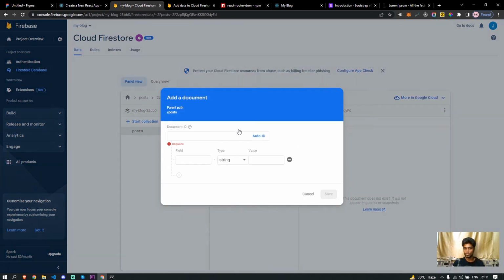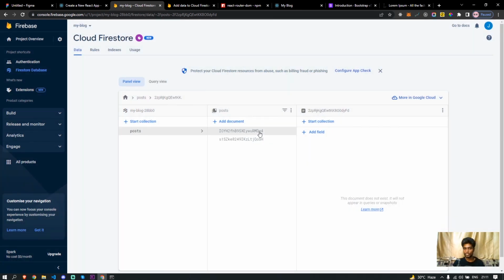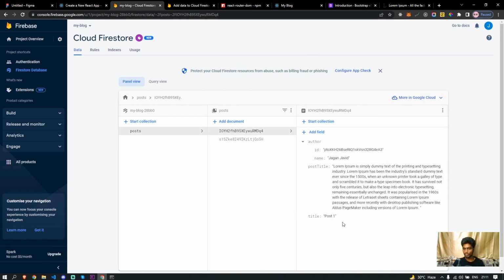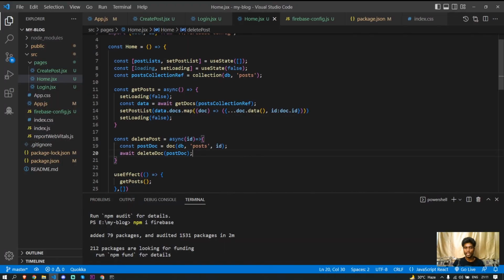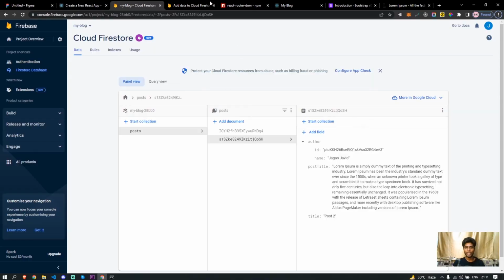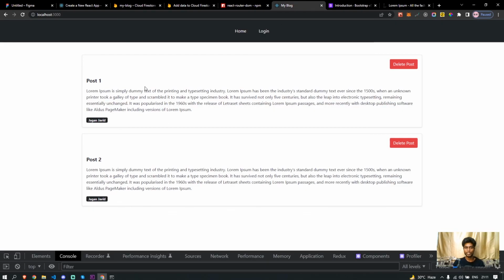We have only two: one is post 1 and another one is post 2. Why it's happening is that we need to call the get post function again here. Then only it will go and get all the data from the Firebase again. Now if I call this here and come back, you see we are not going to have the